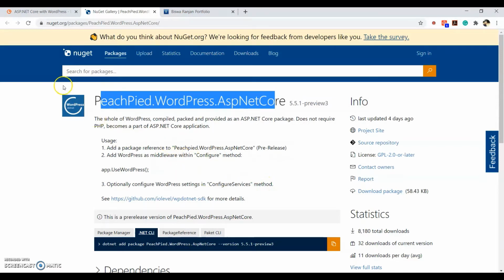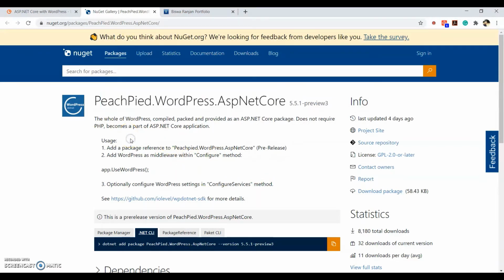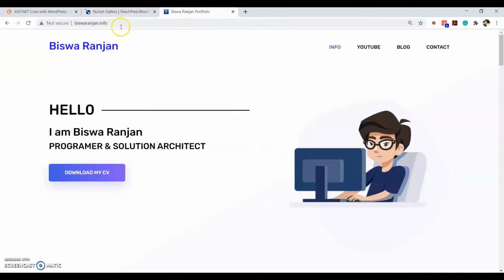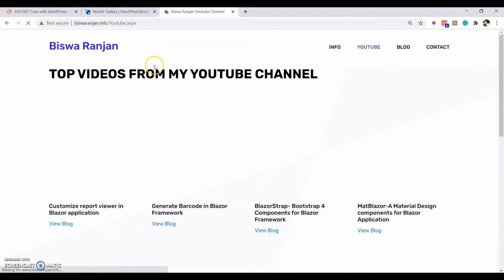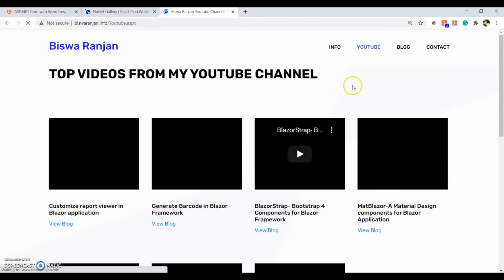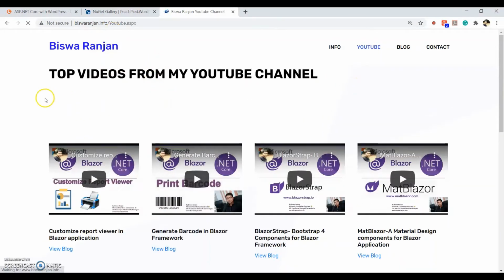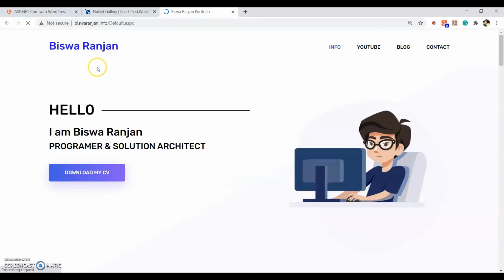I'm going to create the first project, and in our coming session I'm going to convert my own website, vishwaranjan.info. I made this one using ASPX, classic ASP.NET, but now I'm going to convert this complete application, this complete website, blog, everything, in WordPress. So this series is going to be a project series also.